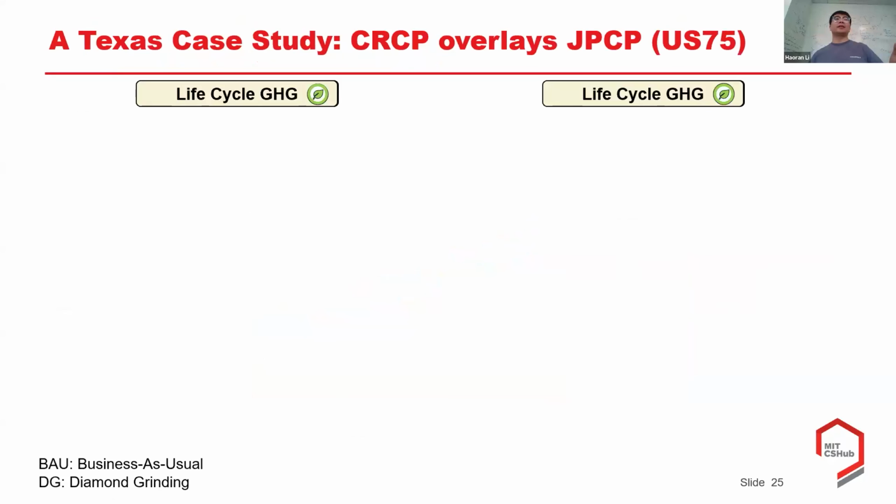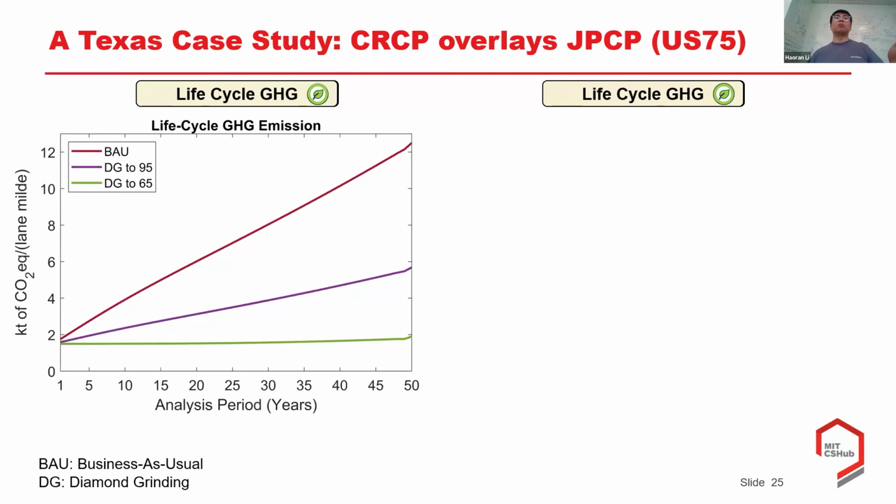Another case study is a partnership with Texas DOT. Texas DOT was more interested in the CRCP overlay of the JPCP because when they redid the JPCP overlay on US 75, they were actually just doing the performance design. When the contractor finished the work, the Texas DOT found that the surface roughness is pretty high. So you can see the business as usual, the BAU scenario, this initial